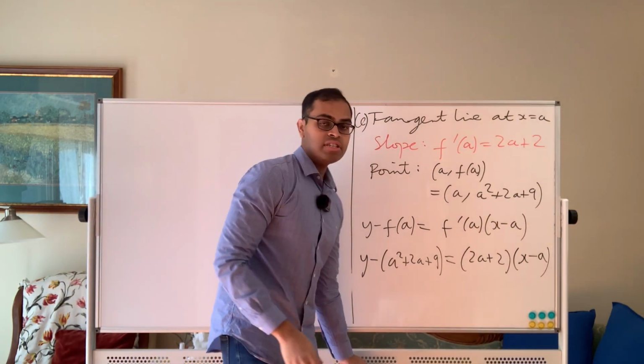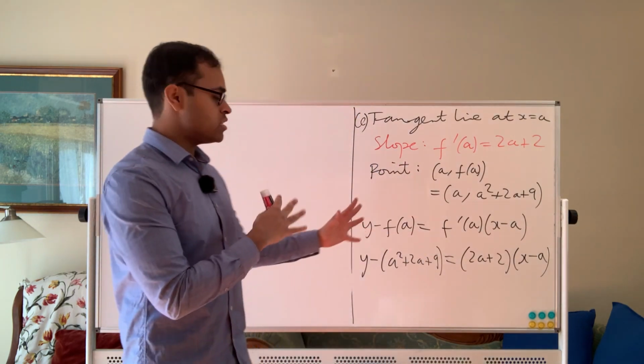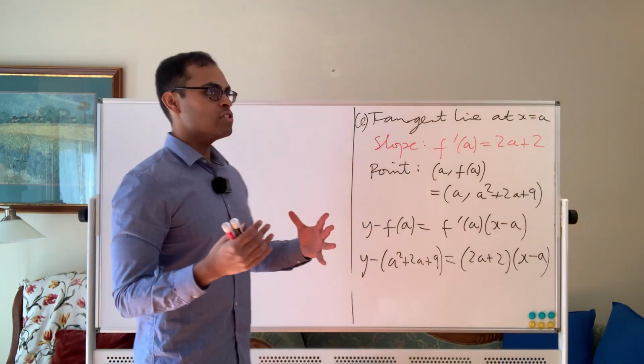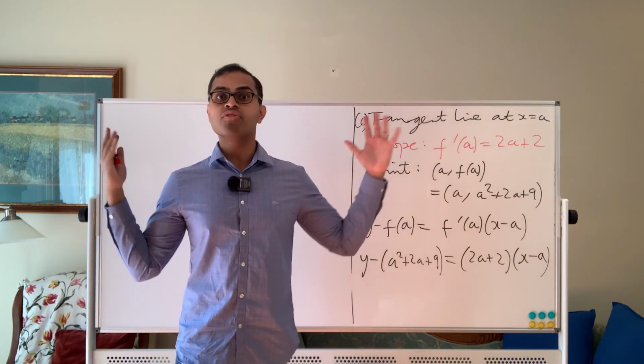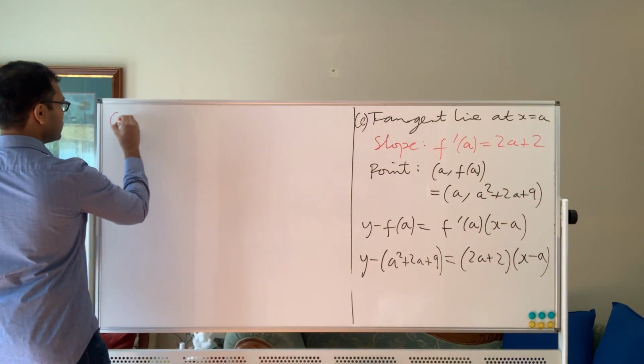And if you're interested, you can also think about other points as an exercise. Once you've understood this, think about when the line passes through some other point in the plane, like (1, 3) or whatever. Okay, but first of all, to pass through the origin, what we're going to do, and if you've watched this